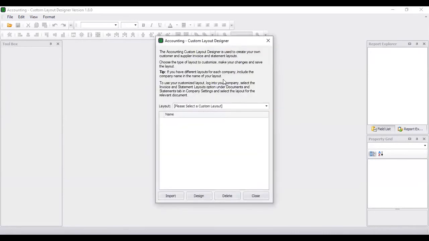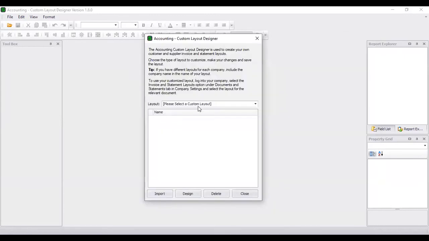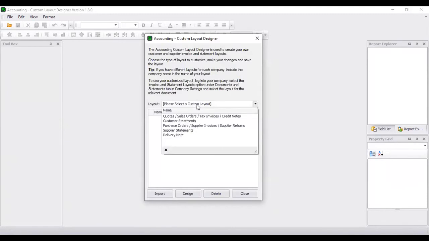After you download the app, you can install that design app, and you can enter your email address and password and log into the system. Then you can design these documents: quotations, sales orders, tax invoices, credit notes, customer statements, and